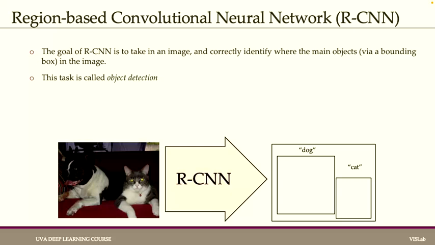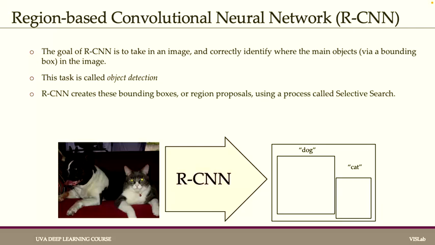All right, and this task is called object detection. And the RCNN creates, first of all, these bounding boxes, or also called region proposals, using a process called selective